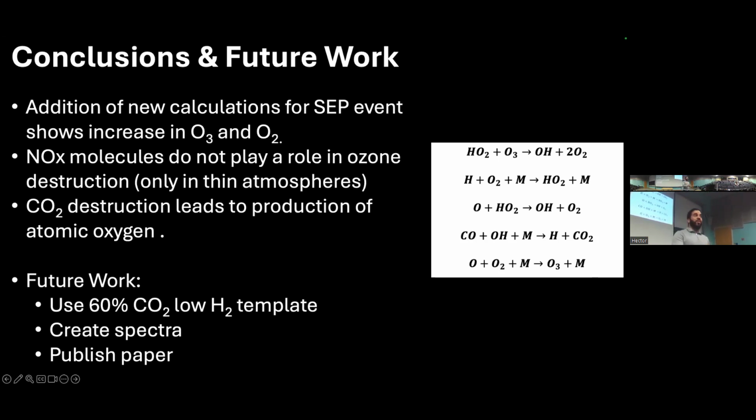Most of this behavior was not what we expected. We were expecting a destruction of ozone and oxygen, but we're getting a buildup of them. So this is something that would be really good for the community to know about, and further observations and studies of M-star flares would be great for us to understand how the flares and the SCPs can affect the atmosphere of the planet, which relates to the habitability of the planet.